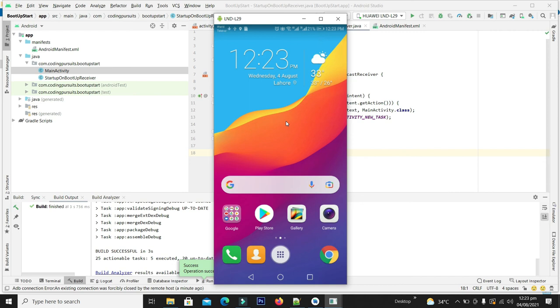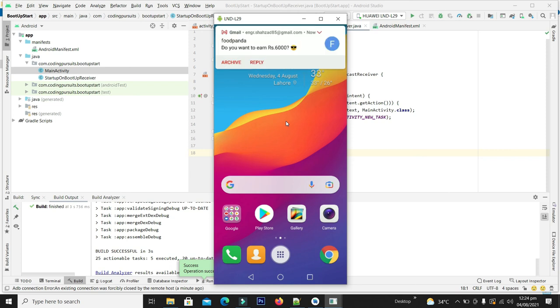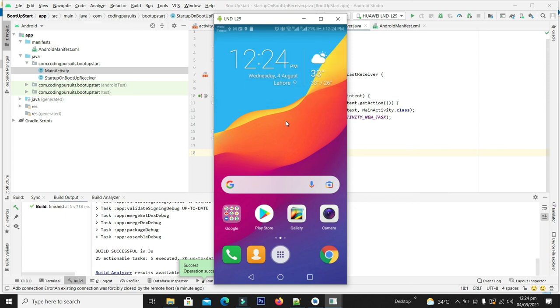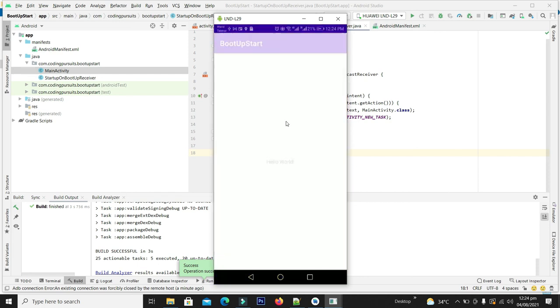The emulator does not respond to the boot up complete intent. My other applications started responding because they have detected the boot up. It may also depend upon your device processing speed and other factors.